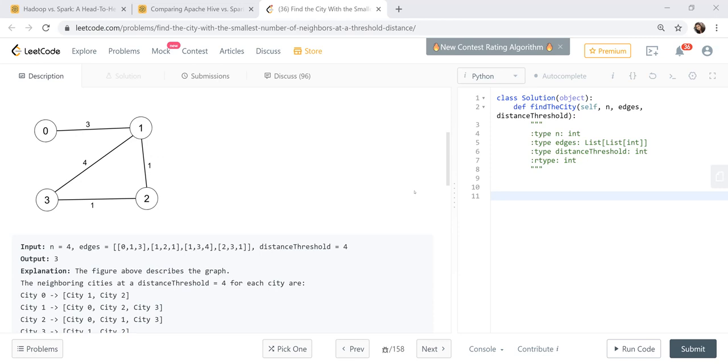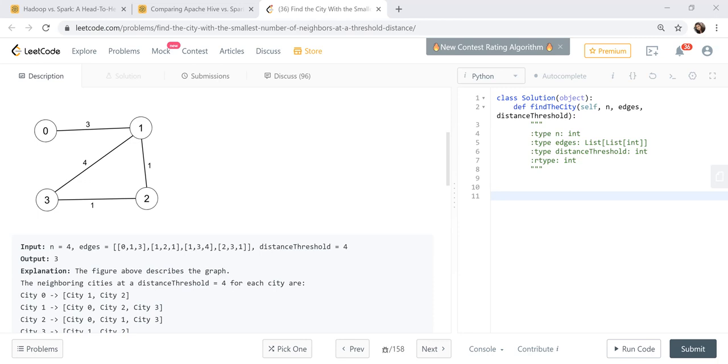If you don't have a path, suppose from 0 to 3 going through 2, or there's no path from 0 to 2 or something else, then you will have an infinite there, and you are just trying to find the minimum. So let's assume the first case, 0 to 1. You have a direct path, so you consider there's no intermediate. 3 is the path to reach from 0 to 1.